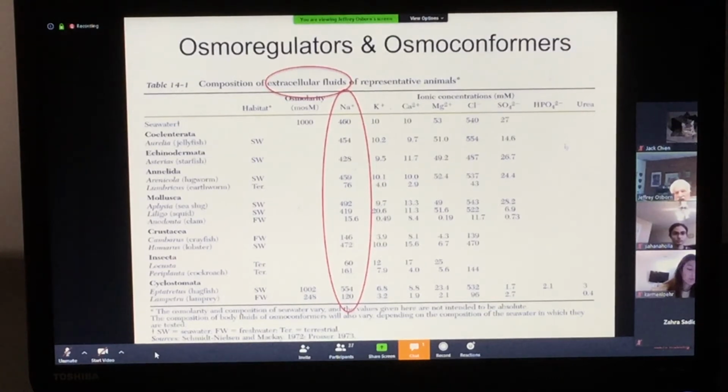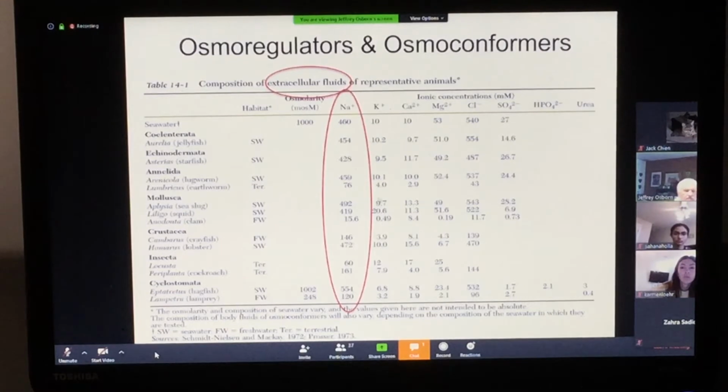Then as that tide moves out and fresh water may move in, now all of a sudden their external environment has changed a great deal. Those osmoconforming organisms will get rid of salts, they'll get rid of sodium chloride and conform their cells. They have evolved in a way that they can conform to that external environment. So we have all different ranges of different kinds of organisms that exist within their habitat as being osmoconformers or